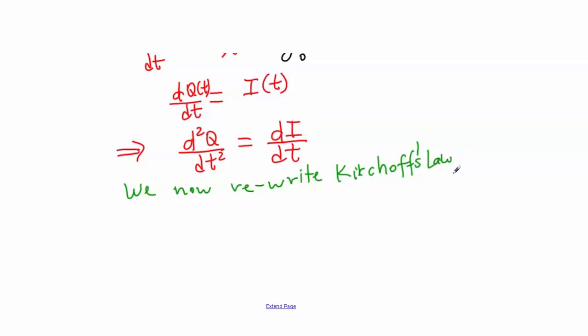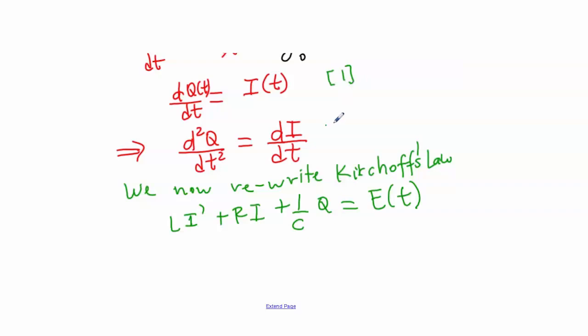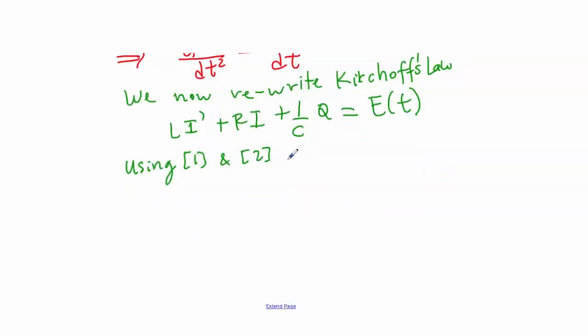Meaning that we had L times the first derivative of I plus R times I plus 1 over C Q equals E of t. And the problem with that first order differential equation was that I and Q were unknowns, but using, I'm going to call this number 1 and number 2, using number 1 and number 2, we can substitute